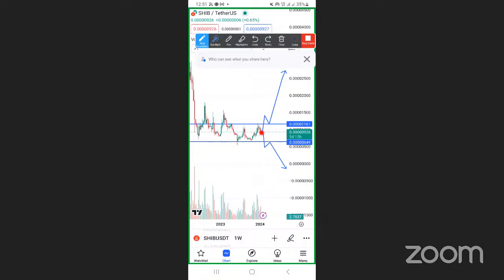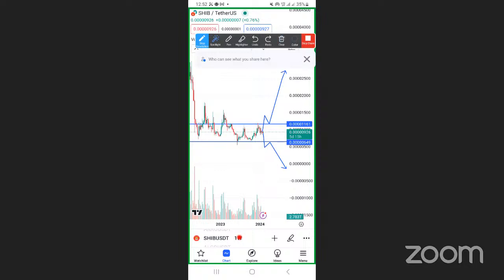So in this training, I've showed you how to do trend lines. I've also showed you how to draw the horizontal line. Not only that, I've also showed you how to trade in a ranging market. In the ranging market, just enter when the market has hit the range low, and then put your target at the range high. You get it? Let me see if we can go to a 1 hour.